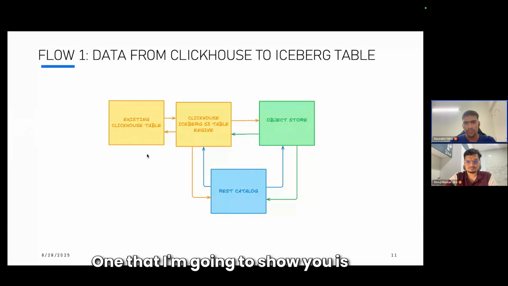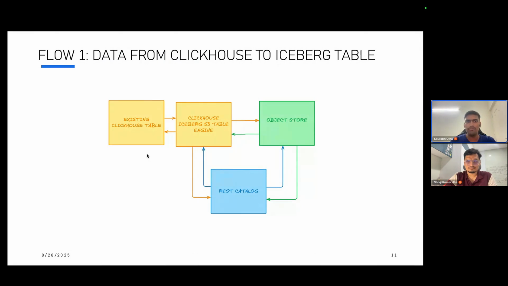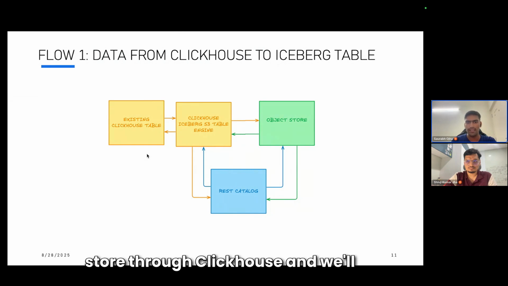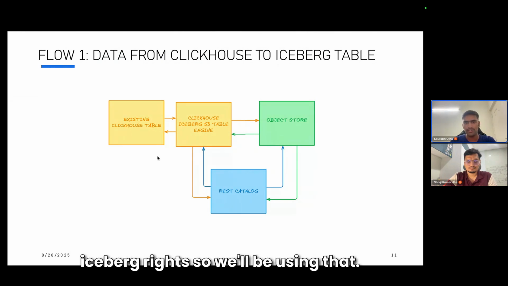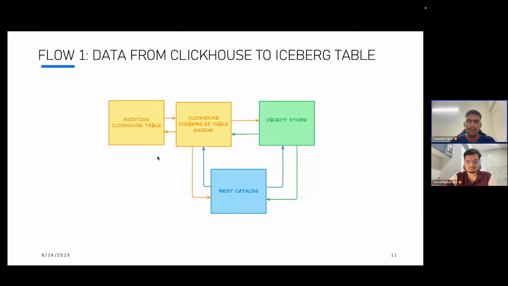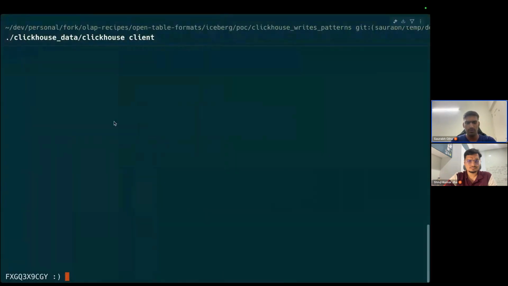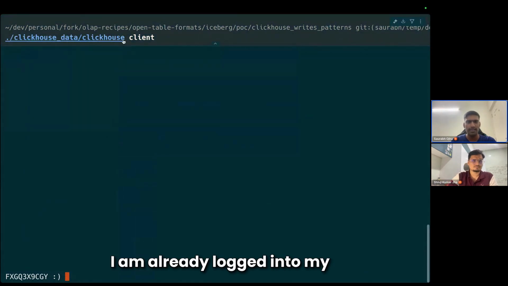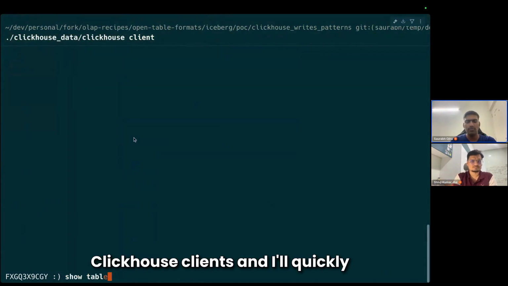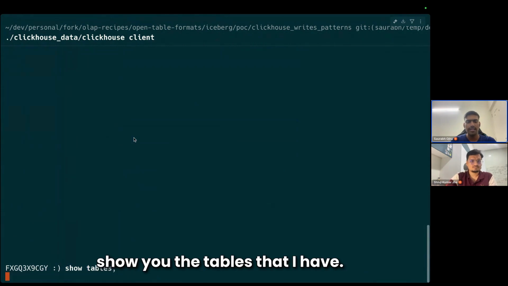Flow one that I'm going to show you is where we create a table on our object store through ClickHouse and write to that table from ClickHouse. ClickHouse recently introduced Iceberg writes, so we'll be using that. I am already logged into my ClickHouse client, and I'll quickly show you the tables that I have.